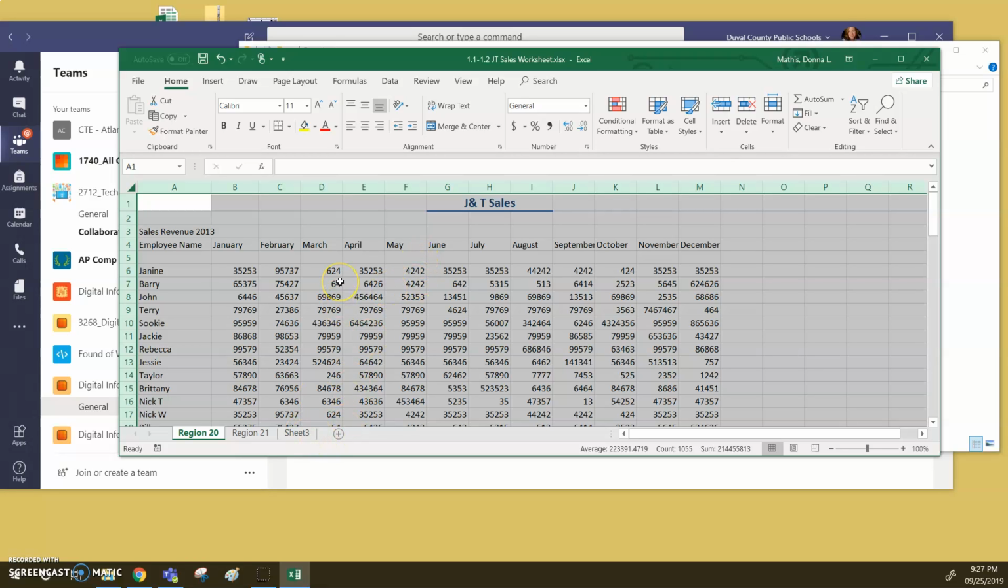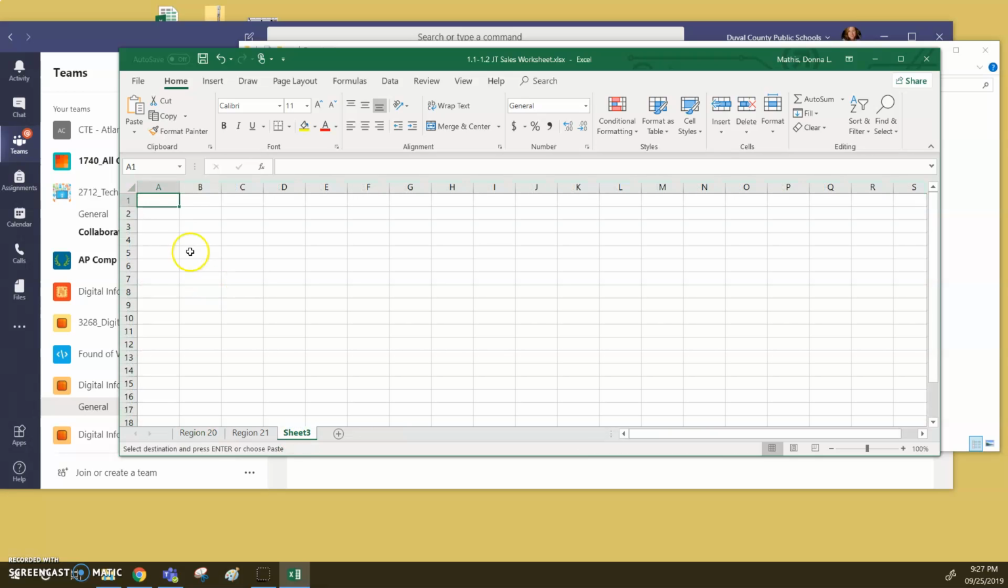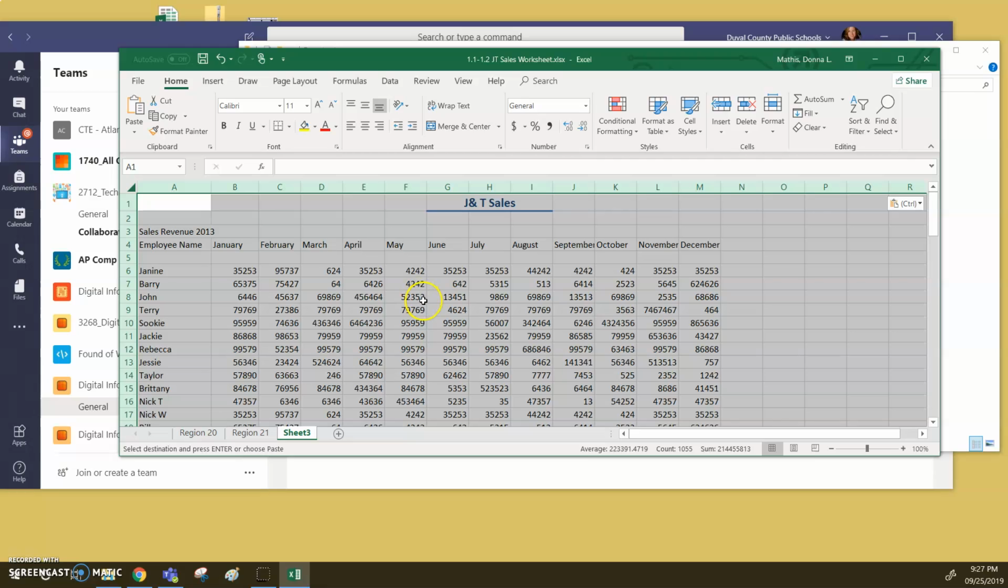Remember, you do Control C for copy and then move over to sheet 3. So I'm going to do Control C, and then I'm going to move over to sheet 3, and I'm going to click in this first box, Control V, and now you've got everything there. And now what they're going to have you do is